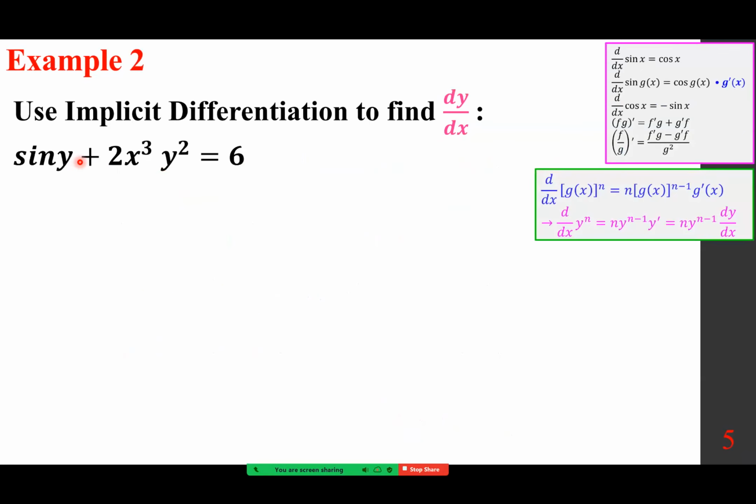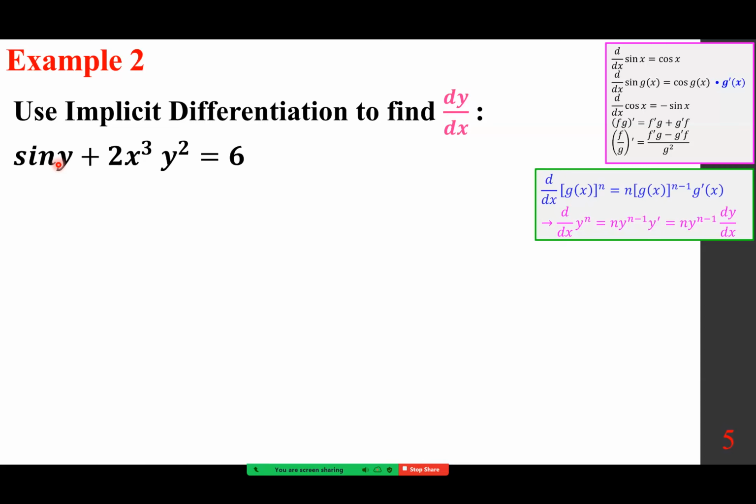We are going to continue differentiating using implicit differentiation. Sine y plus 2x cubed y squared equals 6. First and foremost, sine. Remember, with the sinusoidal function, you just pause, and that means the main function, the shell function, the outer function is sine, the derivative is cosine. So cosine of the same argument, cosine y,